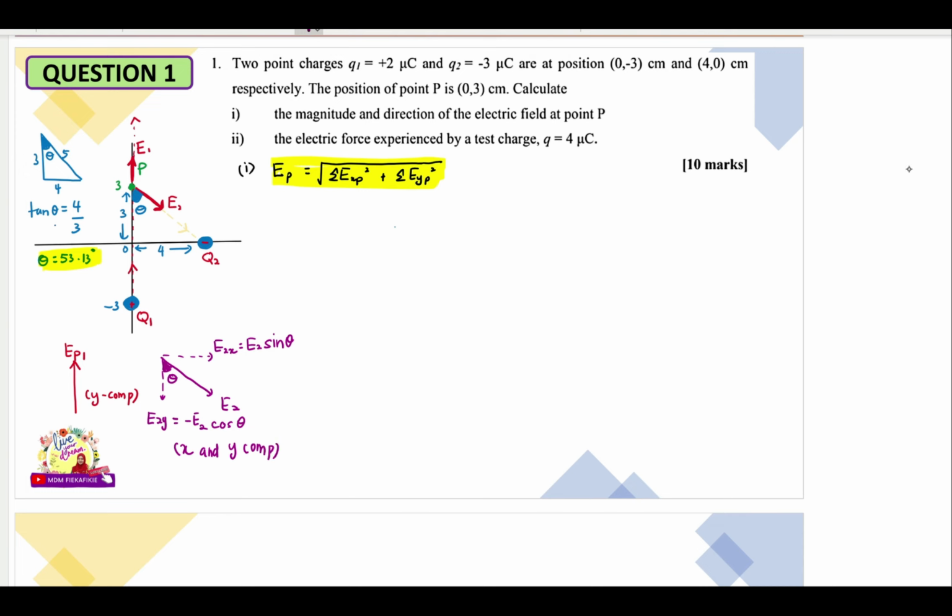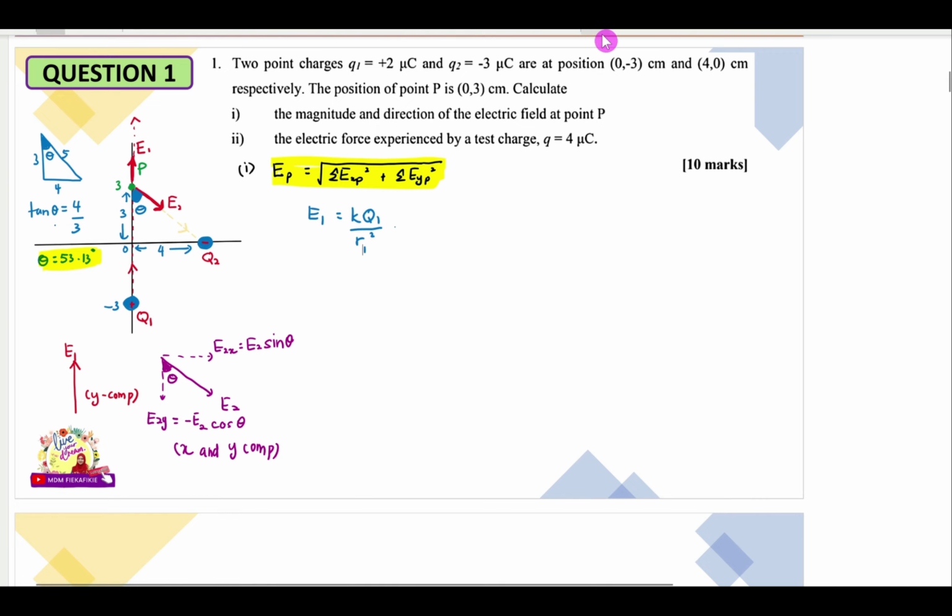Okay, so kat sini dia ada X and Y component. Okay, so itu you kena faham dulu. Okay, mana yang you kena resolve. Kalau ada yang kata dia nak buat bentuk table terpulang, boleh juga buat bentuk table. Okay, tapi saya selesa buat macam inilah. Okay, so sekarang kita nak kira EP1 dulu. Kita kira dulu nilai E1, saya letak kat sini E1, dan juga E2. Okay, so kalau saya kira untuk E1, formula dia adalah K-Q1 over R1